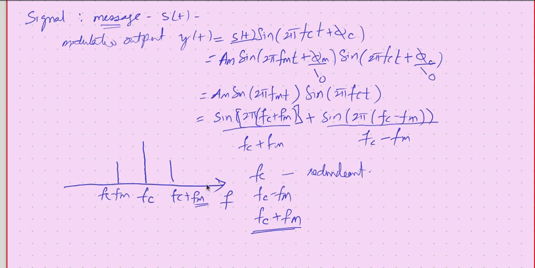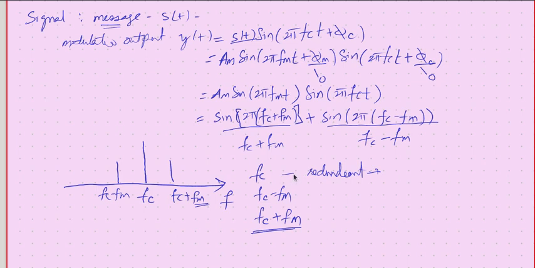Of course, without this, the whole process cannot be done, and the reverse process called demodulation can be done only when you know fc. So without fc, demodulation cannot be done. Therefore, it is recommended to have all three frequencies transmitted: the carrier, the lower sideband, the upper sideband, all three. But if you want to save energy, yes, we can avoid sending this.